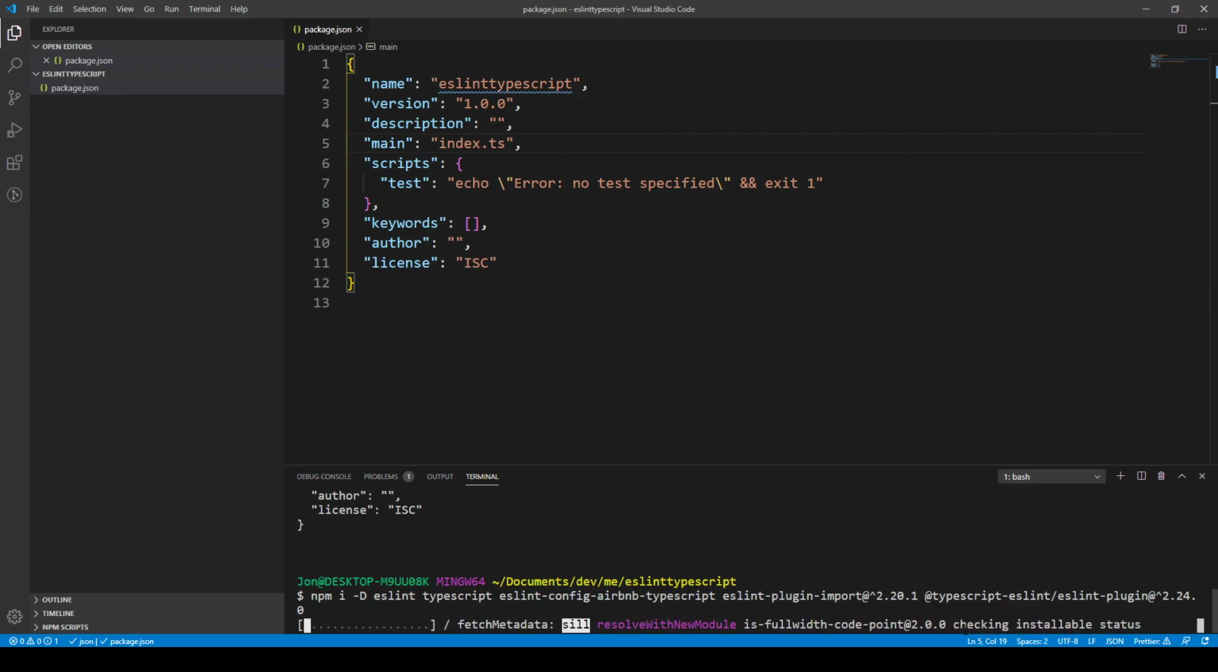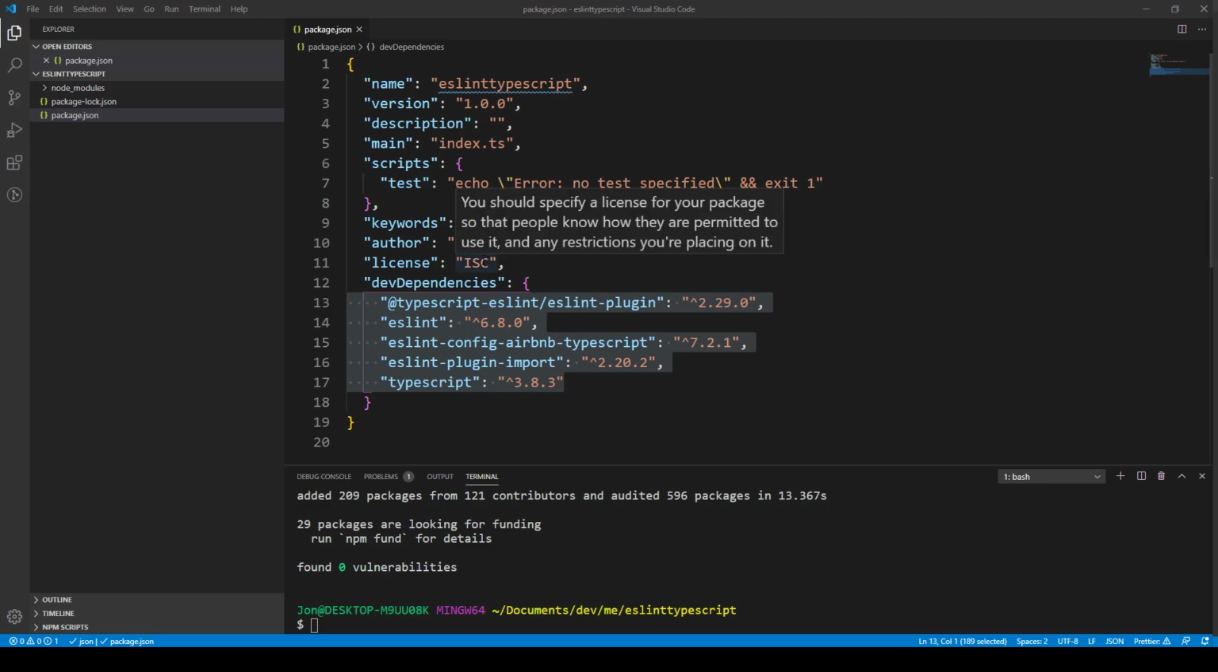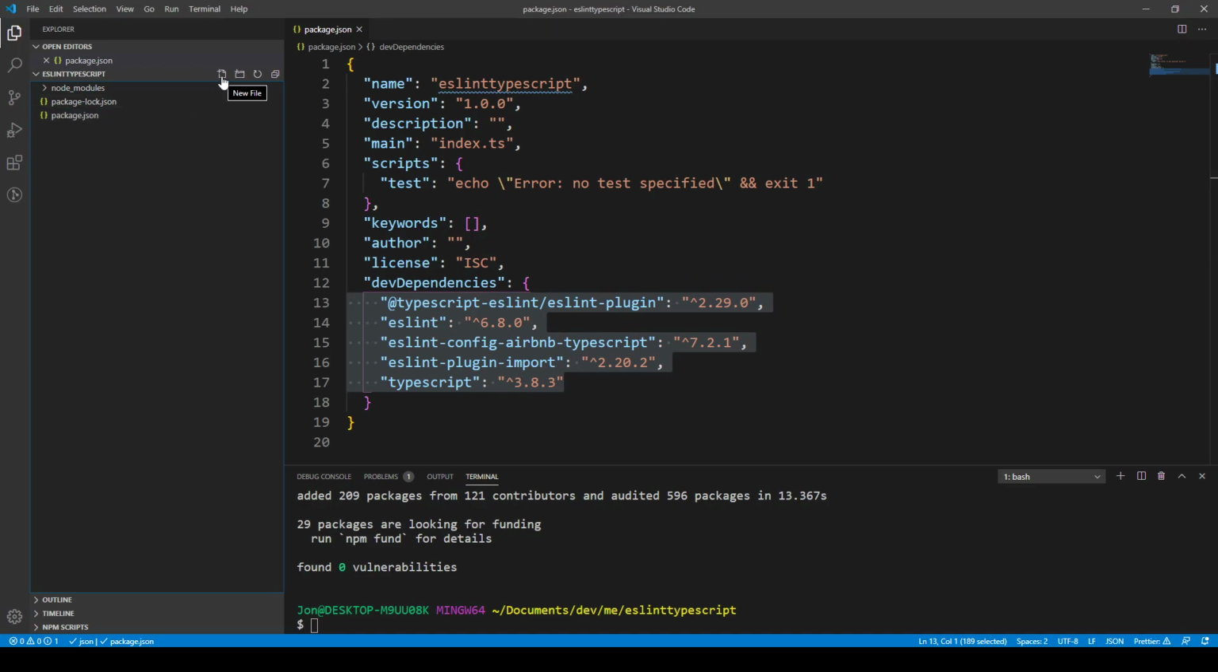And what this should do for us, once it's loaded, is in the package.json we'll be able to see the dev dependencies. Okay, there they are, they just appeared there, so we've got those 5 there. Okay, so now what we can do is create an ESLint configuration file. So these will be our run commands, so we can go ahead and create the new file